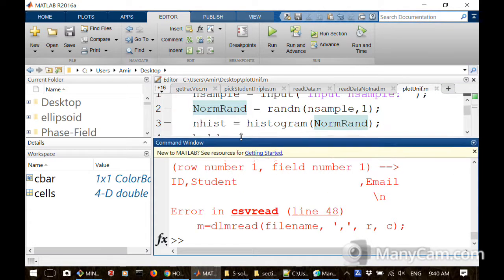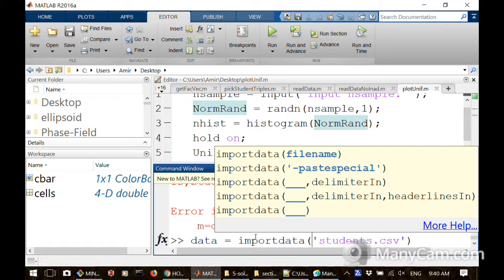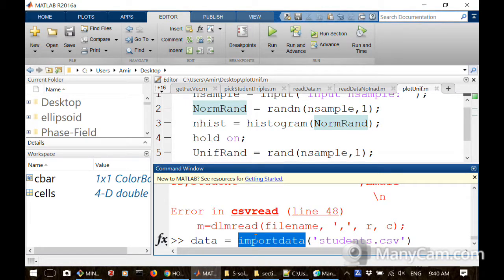Error using DLM. I think there's probably something wrong with the formatting of this file. So let's read it with another, more powerful data read instruction in MATLAB. There's another method of reading data, and it's called importdata. This is more powerful than the other ones that we have because it's capable of handling a wider variety